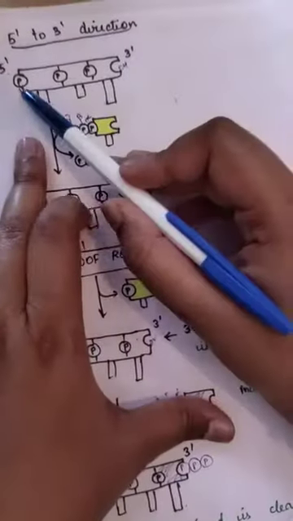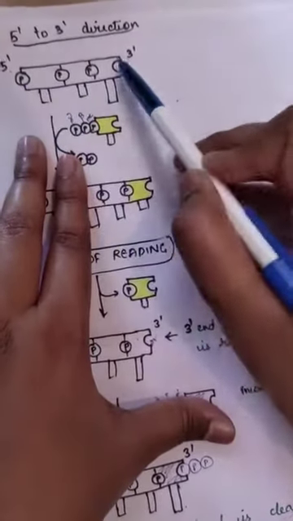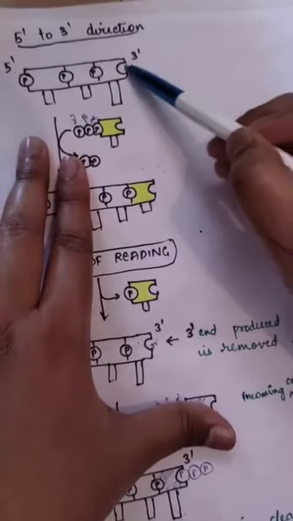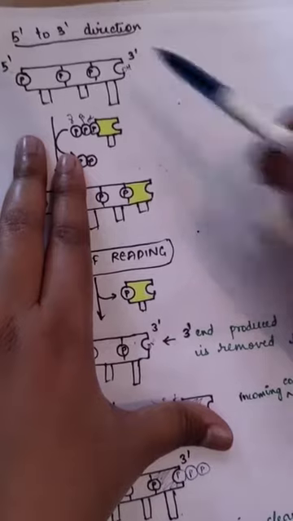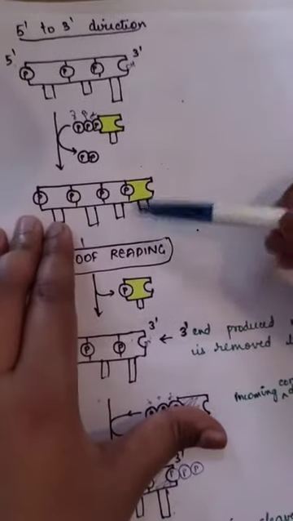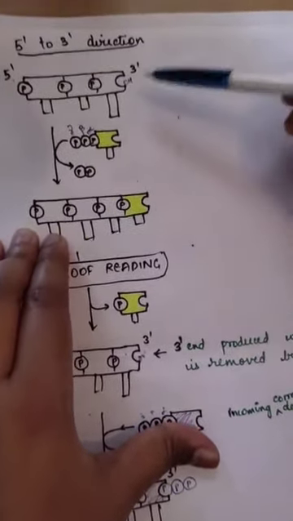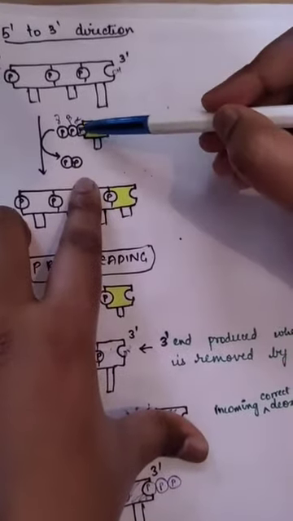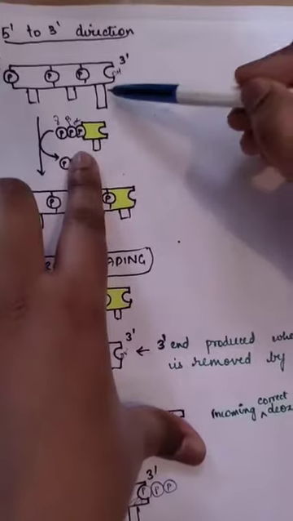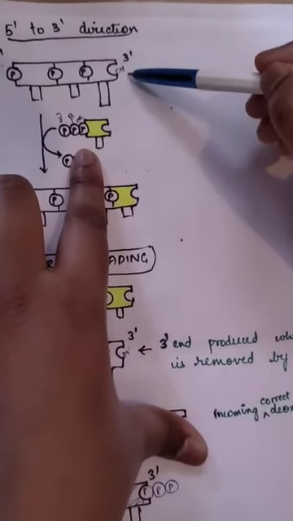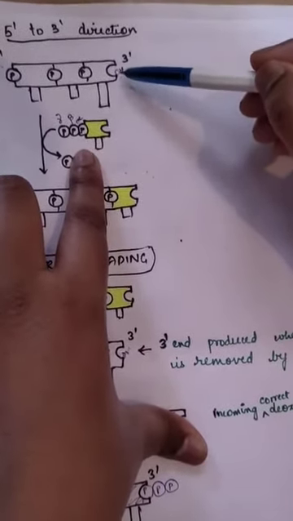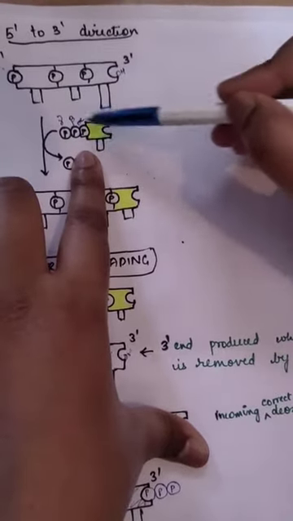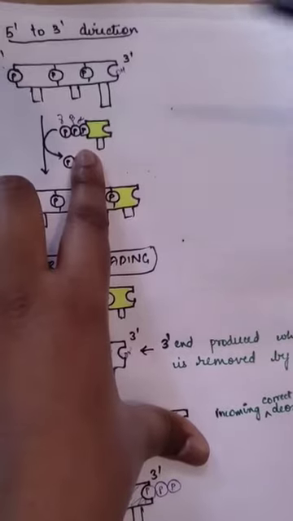If you see, this is the DNA strand which is getting synthesized in the 5' to 3' direction. So the elongating DNA strand has a 3' OH group, and here the oxygen acts as a nucleophile, and there is an incoming nucleotide which should be incorporated into the DNA strand. This incoming nucleotide has 3 phosphates, alpha, beta and gamma. Here, since the oxygen of this hydroxyl group is a strong nucleophile, it tries to attack the partially positive charged phosphorus atom of this alpha phosphate.